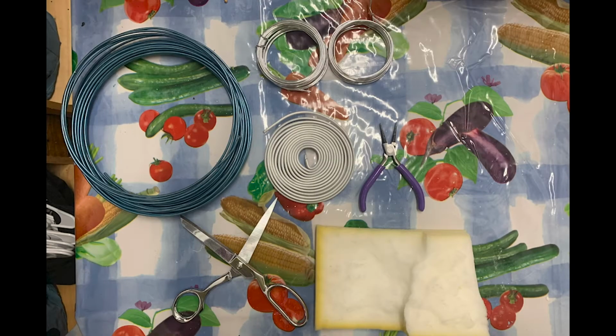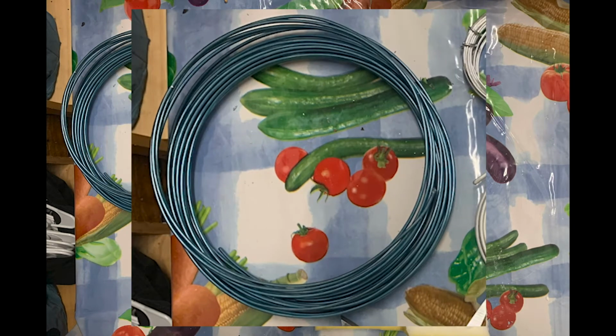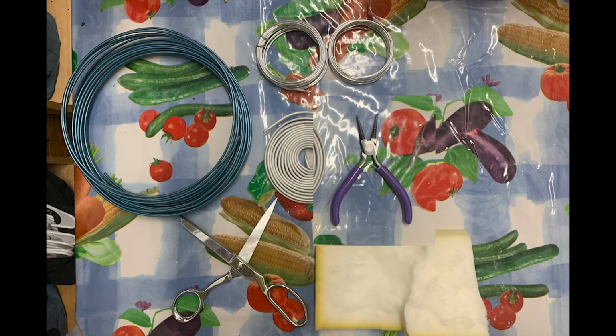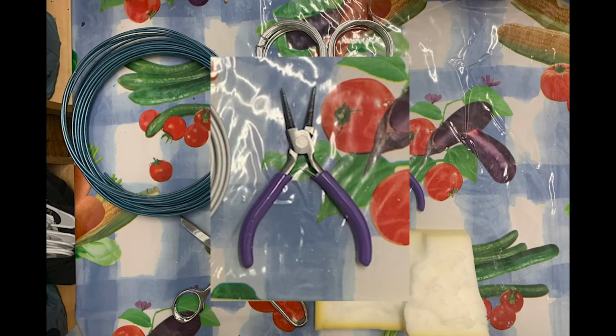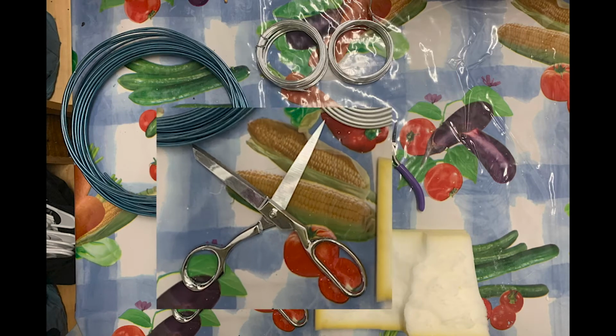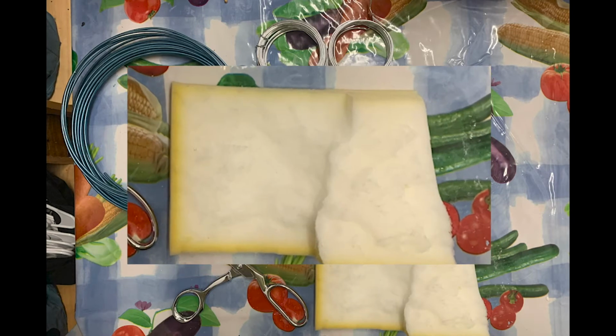I'm switching over to voiceover. So first we're going to start with materials. I talked about that blue wire, which is pretty flexible. And then the other 3 wires are just different armature wires. Then I have a pair of pliers. These are just simple pliers. I don't even know what kind they are. They're just regular pliers, I think. And then I have a pair of scissors. Any scissors would do the trick. And then I just have a piece of crudely cut foam that I'm using to build up the body of